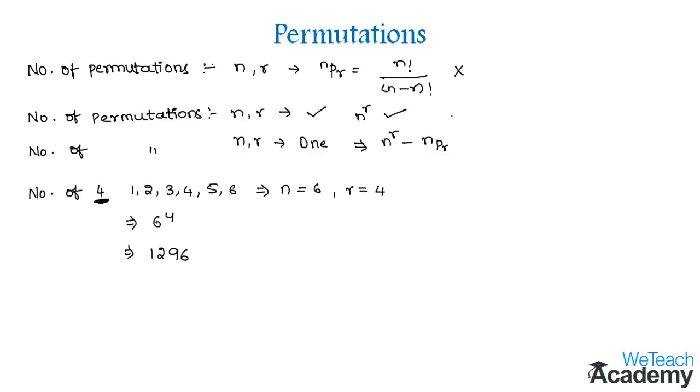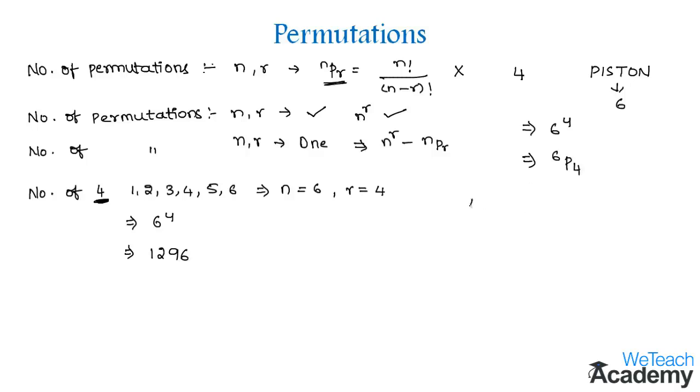Similarly we have another example. Here we have to find the 4-letter words that can be formed using the word PISTON, in which at least one repetition is allowed. The given word has 6 letters, and the number of 4-letter words that can be formed using 6 letters when repetition is allowed is given by n power r, so by substituting we get 6 power 4. And when repetition is not allowed we use the formula nPr. Here n is 6 and r is 4, so by replacing we get 6P4.